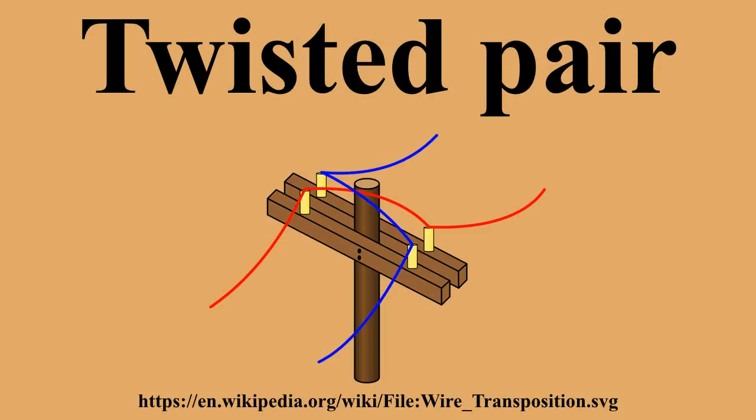By 1900, the entire American telephone line network was either twisted pair or open wire with transposition to guard against interference. Today, most of the millions of kilometers of twisted pairs in the world are outdoor landlines, owned by telephone companies, used for voice service, and only handled or even seen by telephone workers.